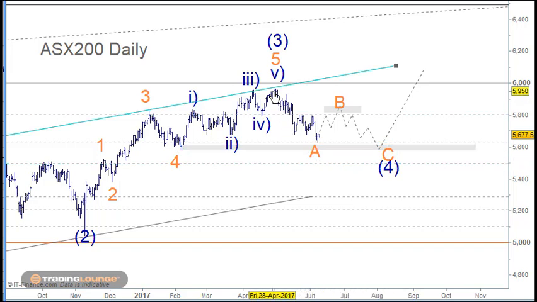Now, this particular count coming down through here does count quite nicely as 5 waves, but the thing that sort of haunts me a little bit is this level here where this rectangle box is, the wave 4 of one lesser degree. That would be the target that we would normally expect the wave 4 to come back into. So maybe it can just push straight up from here. We need to be a little bit mindful of that.